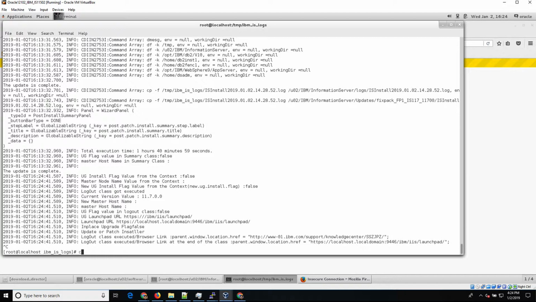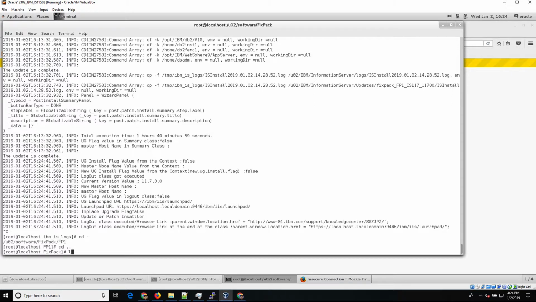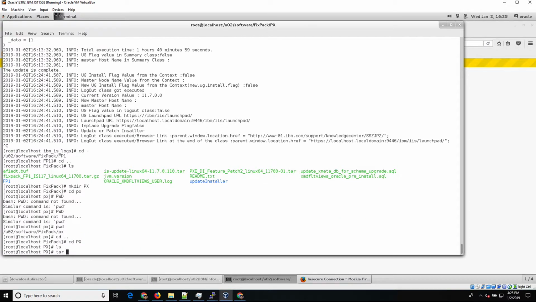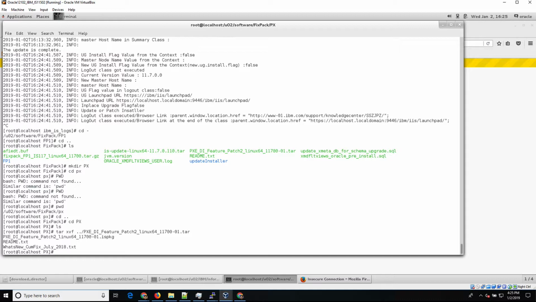And the last thing that's left to do is to install the data integration feature patch. And if I do ls, you can see that pxedi feature patch. So I'm going to make a directory here called px, and nothing in here, tar xvf, one level up, pxe, and let's unzip that, and that gave us a package file of pxdi feature patch 2,